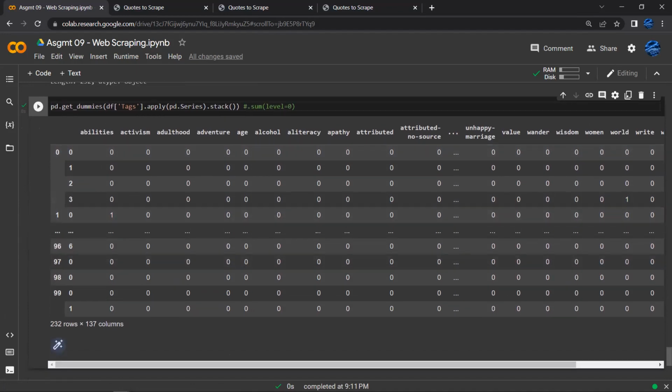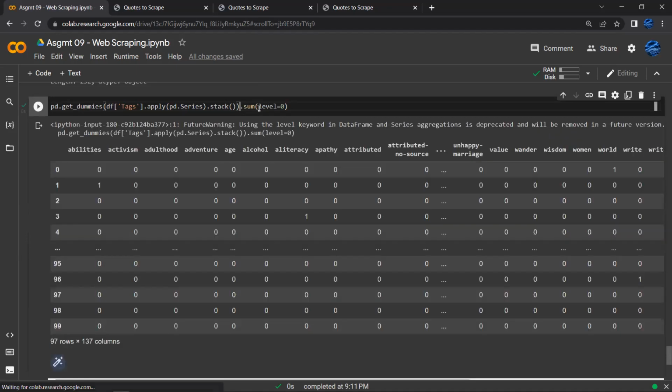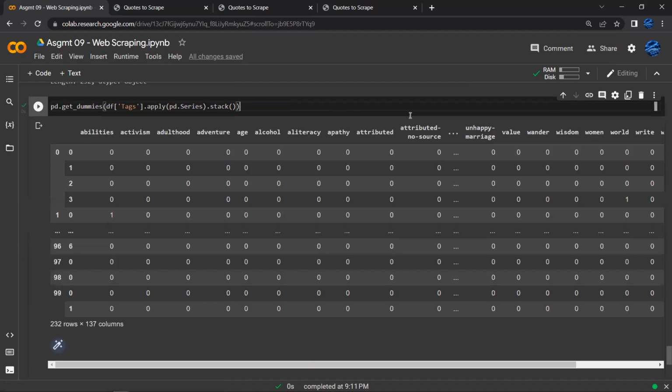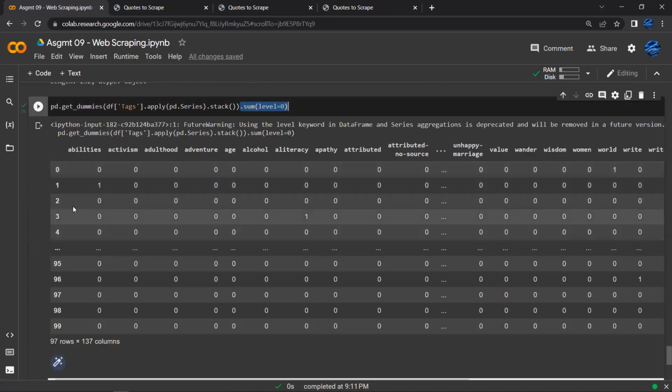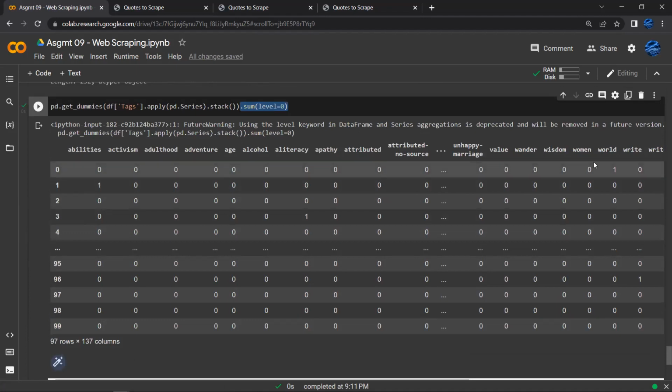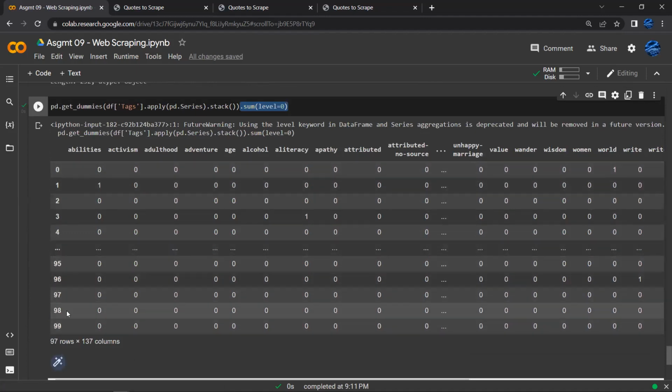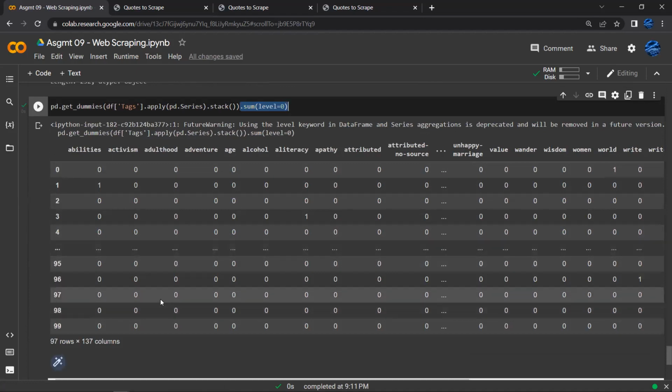And now we have our dummy variables that we want to have. So now we have all of these as dummy variables, and we can reattach that to